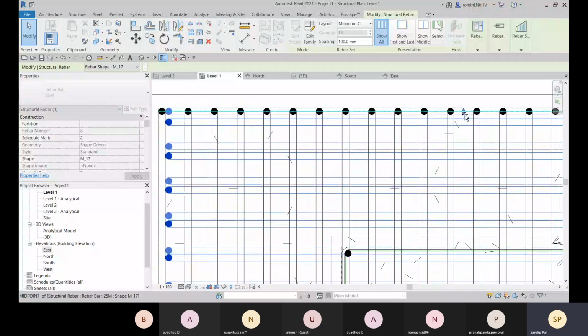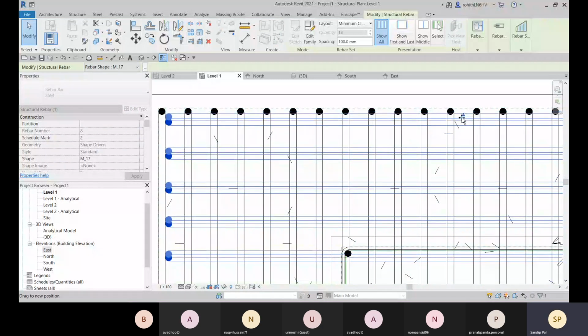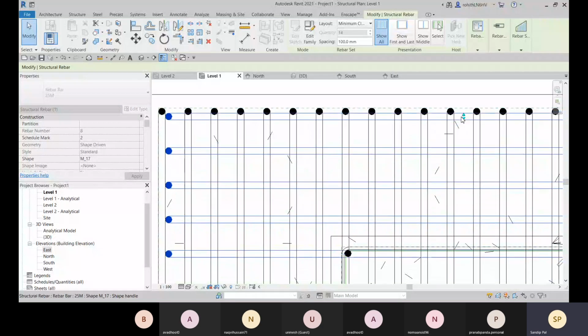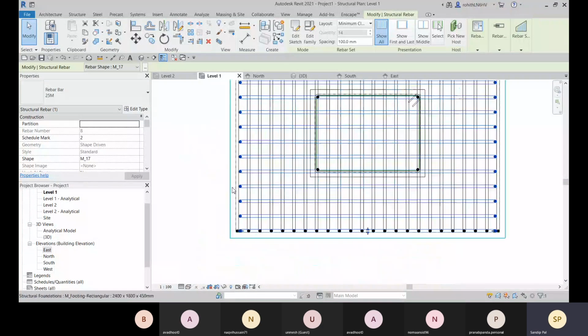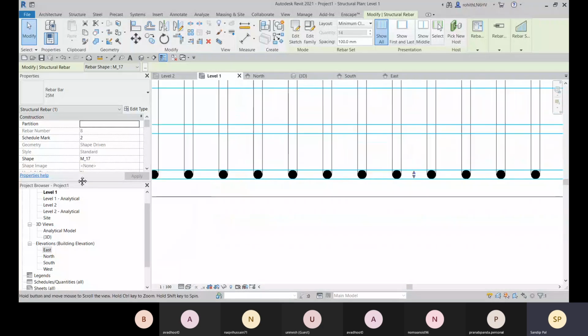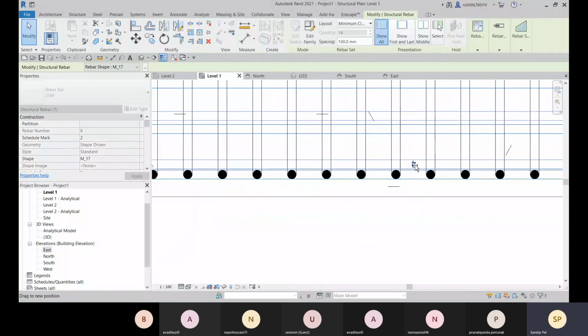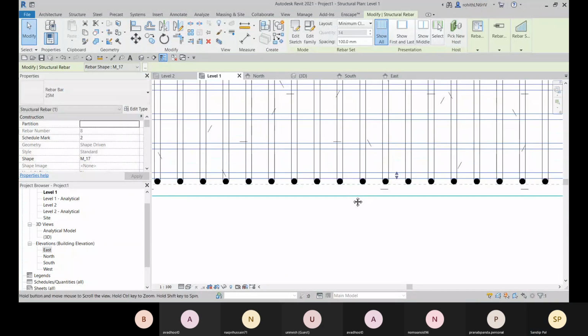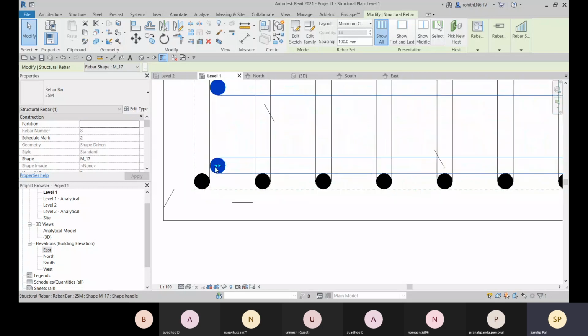From there you can provide the gap 25 mm, and increase it to this side. If you are providing that gap, then you can have it till there.